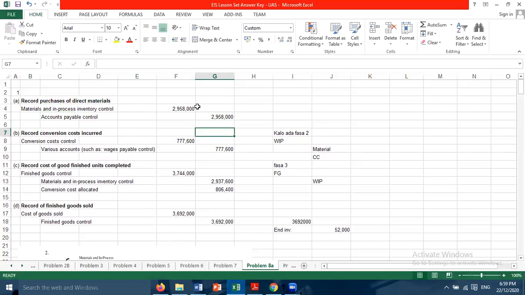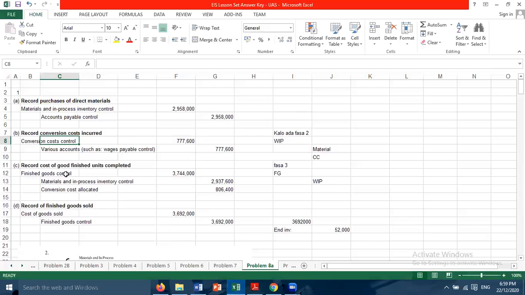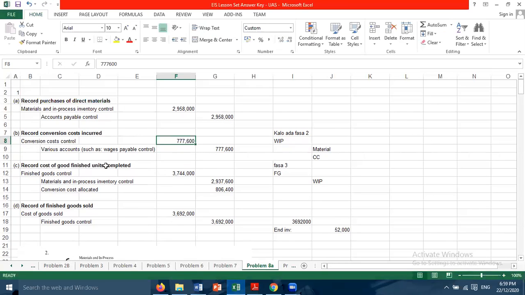2,958,000. Okay, now here we record conversion cost incurred as well, which is practically the first stage as well. Conversion cost control debited and various accounts credited, by the amount incurred. Here the amount incurred is 777,600. Okay, now next one,